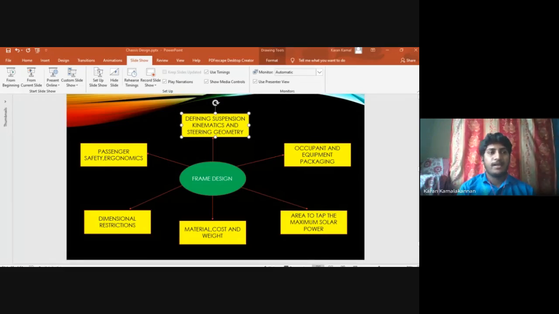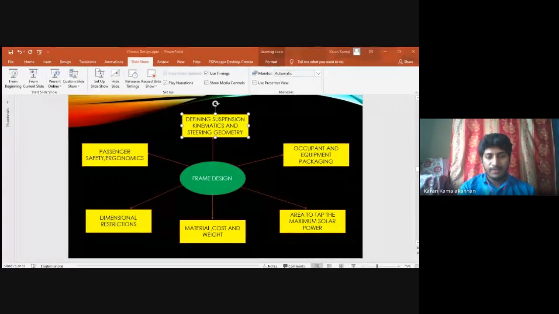We will be fixing that my vehicle should have a minimum turning radius, and this should be my cornering, this should be my suspension, and this should be my roll center height. So you must fix the kinematics and geometry first. Then you must take the hard points. You will have some software for that, which I will be discussing later. You take the hard points from there, and based on that you place them in your modeling software.